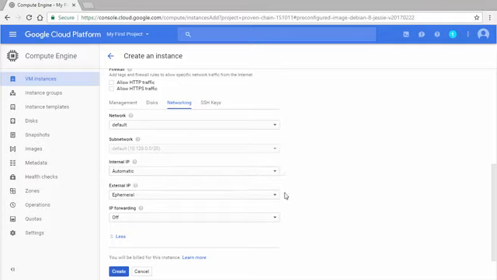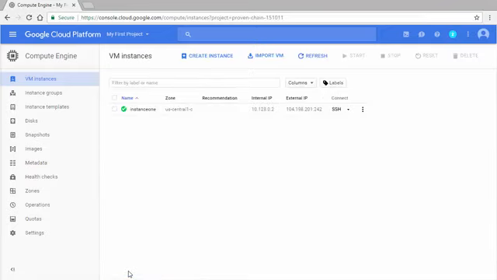An external IP is optional and can be auto-selected or set by you. External IPs can be ephemeral, which changes from boot to boot, or can be fixed, similar to Elastic IP in AWS. Click Create. Within a moment, the instance is created in the default network with an internal and external address. While this is processing, let us look at the default network.